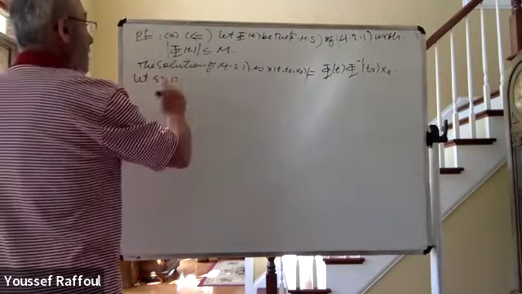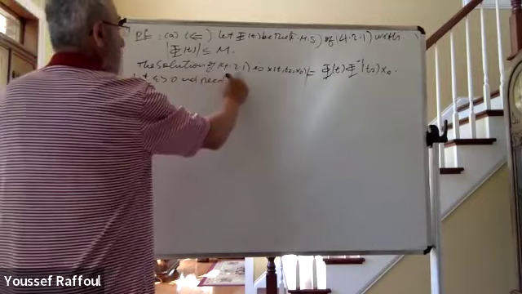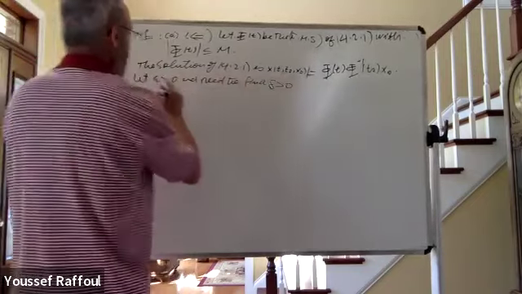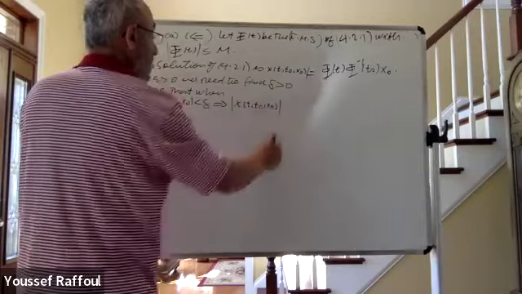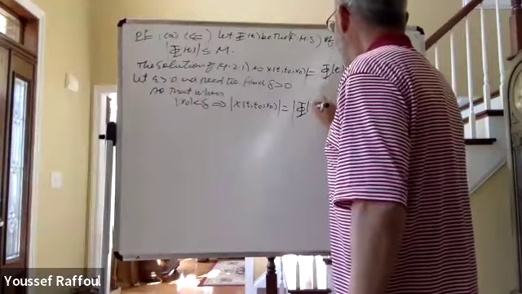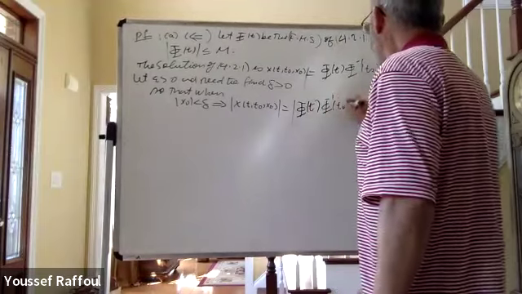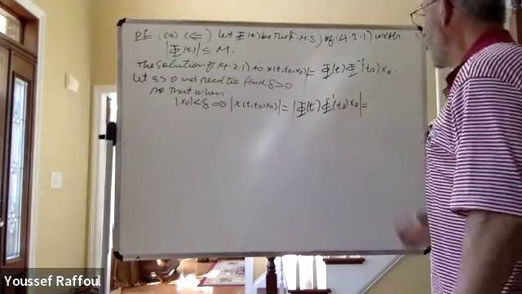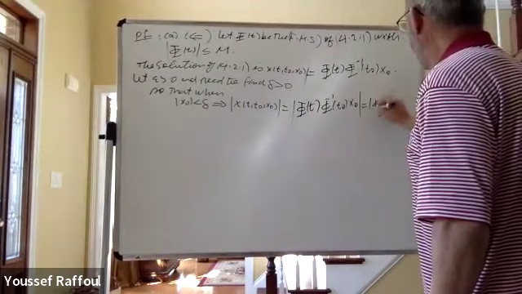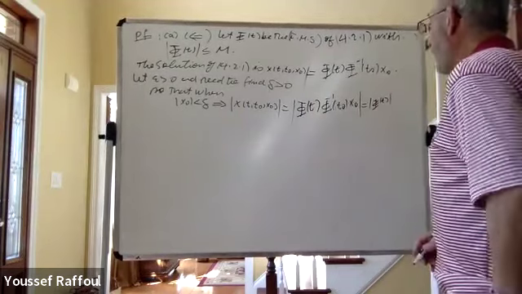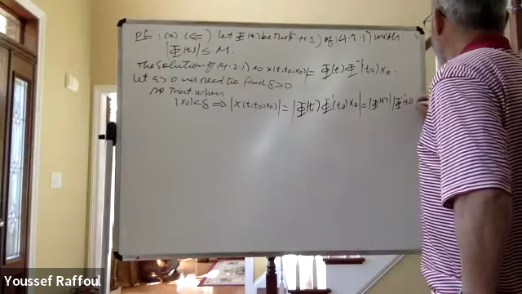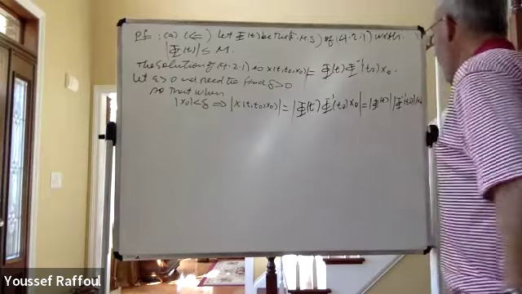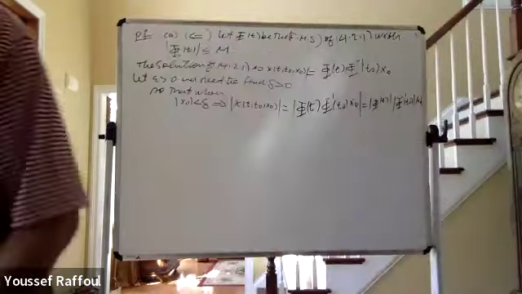Now, let epsilon be positive and we need to find delta positive so that when the norm of x naught is less than delta, it implies the norm of x(t, t naught, x naught), which is phi(t) phi inverse of t naught x naught,